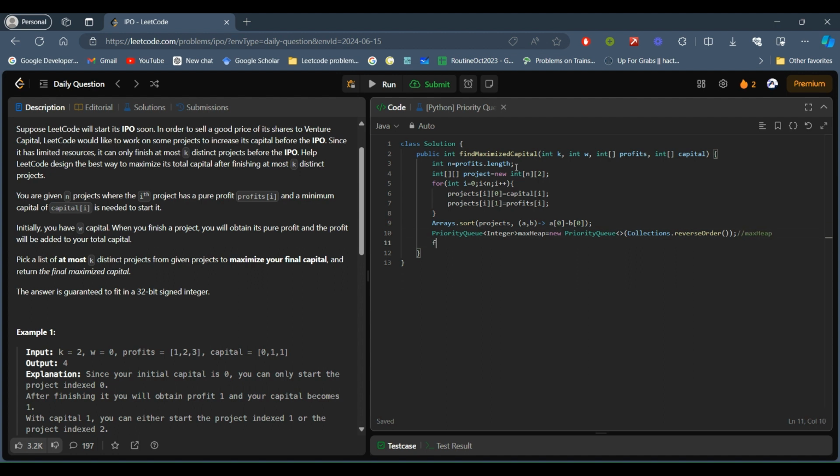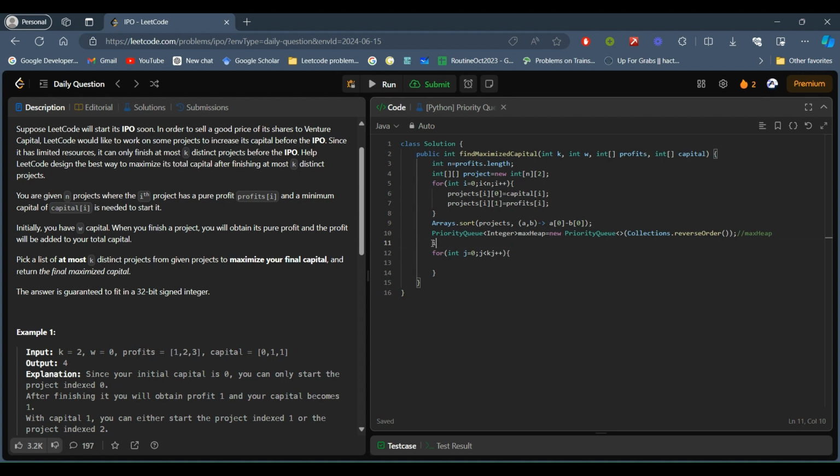After that we have to choose a maximum of k distinct projects. So we will go from 0 to k only, and inside that each and every time we will check whether the projects have entered the priority queue, and those are giving the maximum.